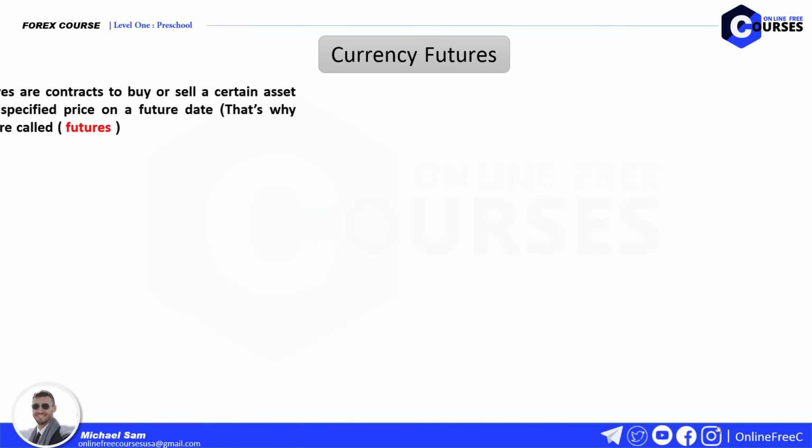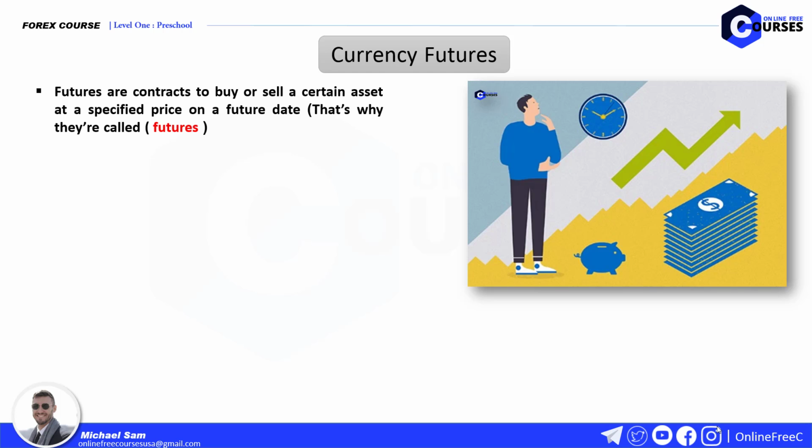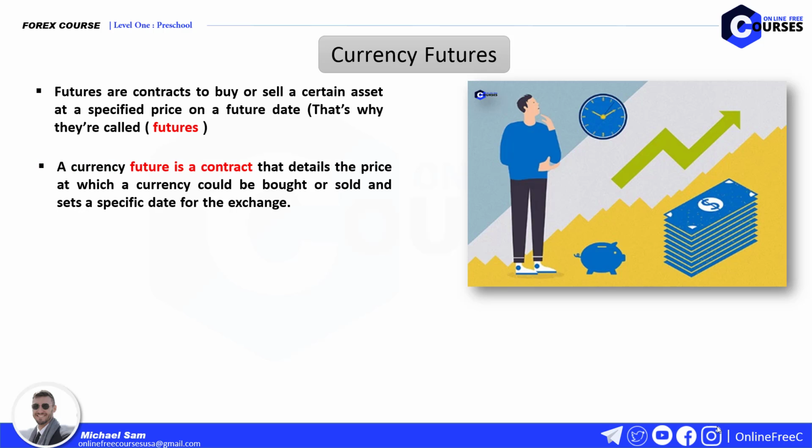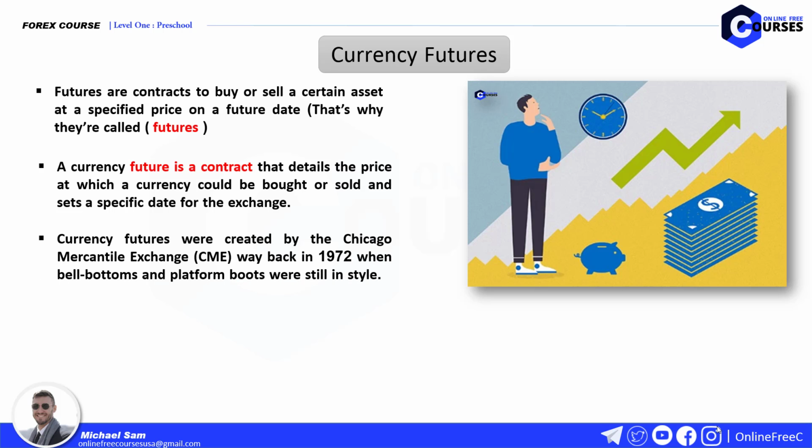Currency futures. Futures are contracts to buy or sell a certain asset at a specified price on a future date. That's why they're called futures. A currency future is a contract that details the price at which a currency could be bought or sold and sets a specific date for the exchange. Currency futures were created by the Chicago Mercantile Exchange, CME, way back in 1972 when bell-bottoms and platform boots were